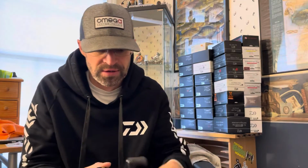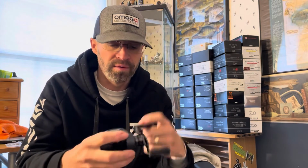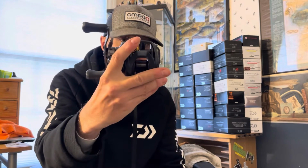My HLC is a little finicky. I use that for deep cranking. Awesome reel for that. It's got the stiff inductor, so you get a longer cast. But it's a little wild. If you throw anything lighter, like the Z3 is probably the lightest bait I throw on it, and it's pretty wild. Of course, like any other Steez A, these things are absolutely butter, but I'm going to open it up